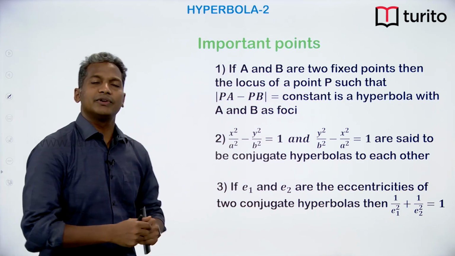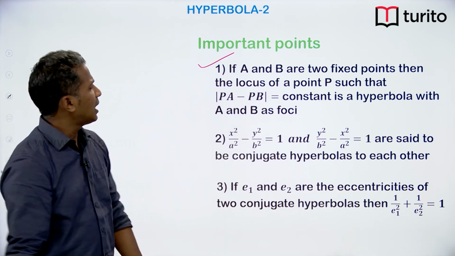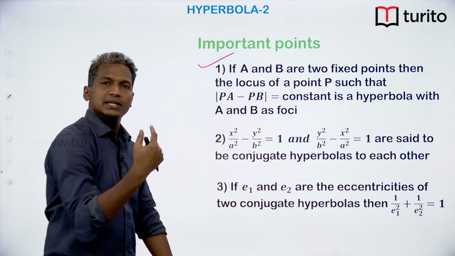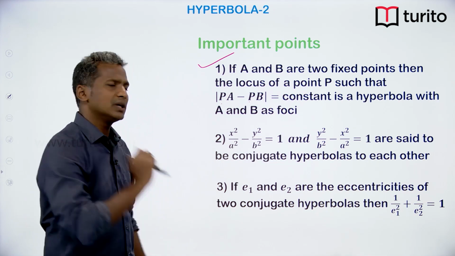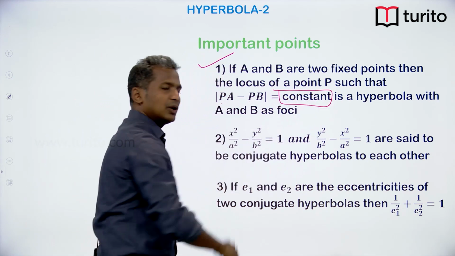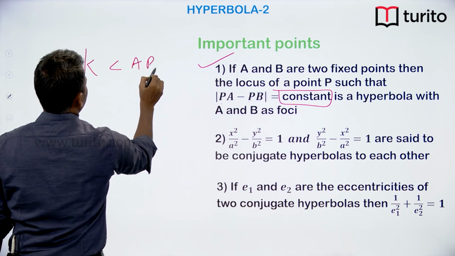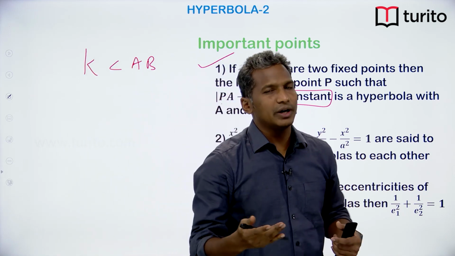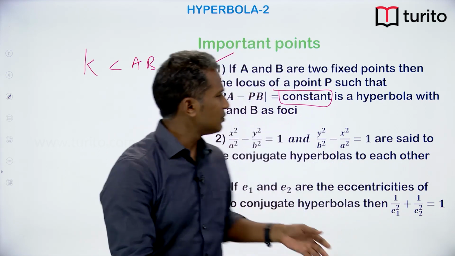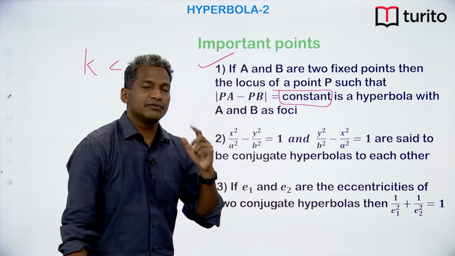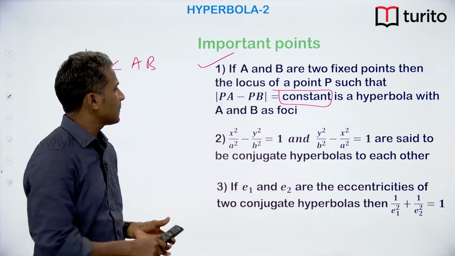And now, if we revise all fundamentals, the first one was that if A and B are two fixed points and P is a variable point which is moving such that the difference of distances of P from the two fixed points is always a constant, this gives you a hyperbola provided there are these conditions. K must be less than AB. So, what happens if K is equal to AB? What happens if K is greater than AB? This we have seen in the last lecture. So, whenever you are applying this definition, it has to be consistent with our earlier discussion of these three conditions. Okay. And next,